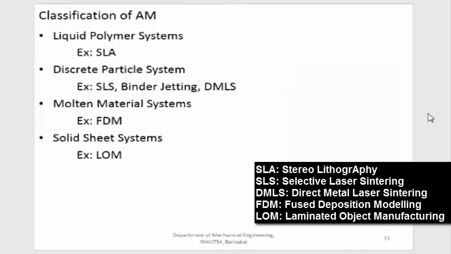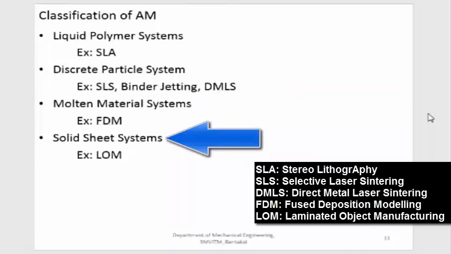Next, in the molten material system, you get the raw material in the form of a solid. You apply heat in the machine and convert the solid into a liquid form. Liquid stream, that is the molten material system. Whatever material you get, you convert into a liquid and deposit on the workpiece to create the component. In the machine we have in our creativity center, your material is in the form of a filament, which is a solid. You apply heat, that is resistance heat, melt it, and then deposit it on the workpiece to create the component. That is fused deposition modeling.